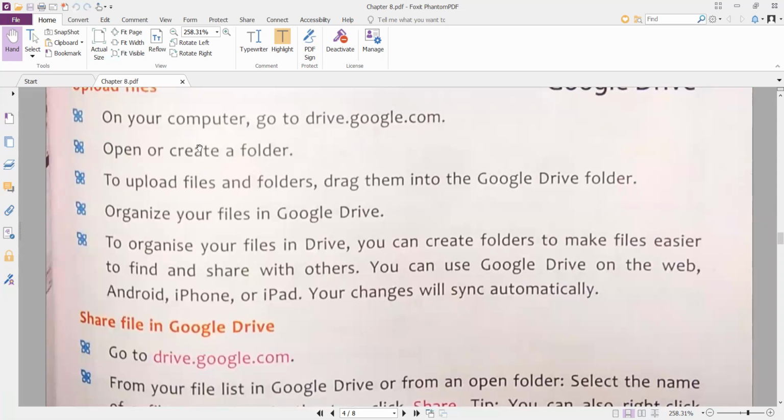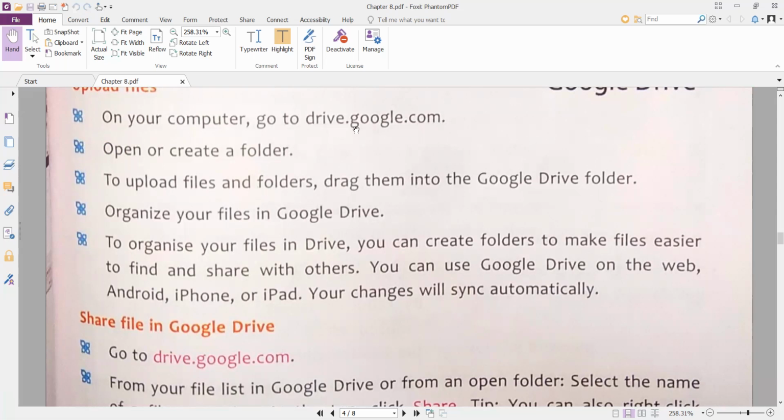To upload the files or folders which you want to store in the Google Drive, simply drag them into the Google Drive folder. After dragging, you can organize your files also. So it is very safe, very easy.